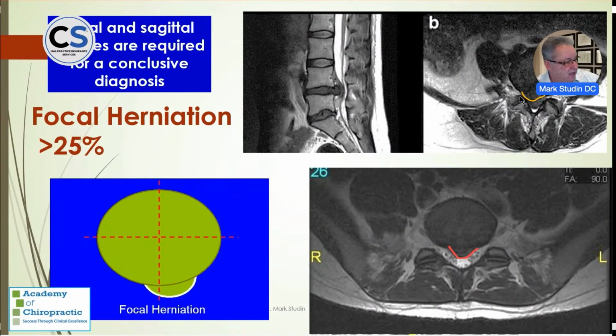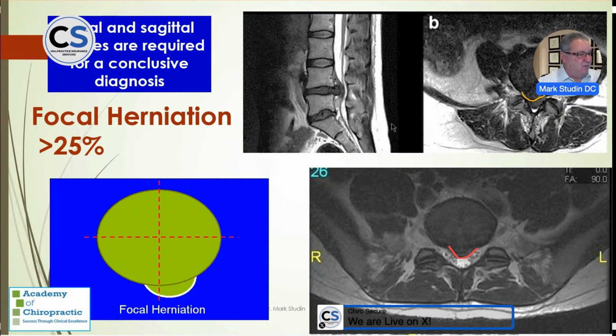Now, here's what it looks like. Here's a focal herniation. Again, I've colorized it for you. Here's what it looks like on the sagittal or side view, and here's what it looks like on the axial or top-down view. This is a focal herniation. Now I'm going to throw a couple of other things in there at you. This is the posterior longitudinal ligament. All this under is an epidural vein, and this is called a varix, or inflamed epidural vein. But this is focal. This is also focal extruded, but I'm going to talk about that in just a few minutes. And here's your filum terminale.